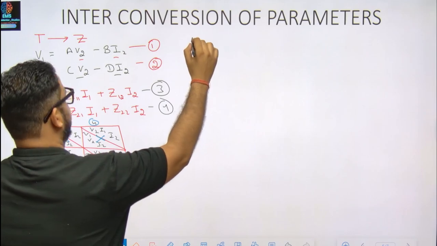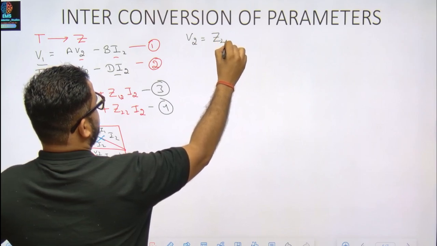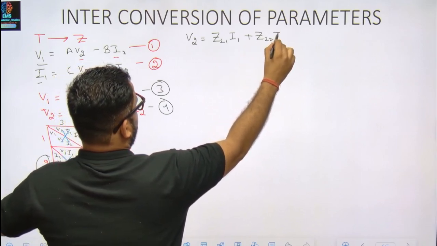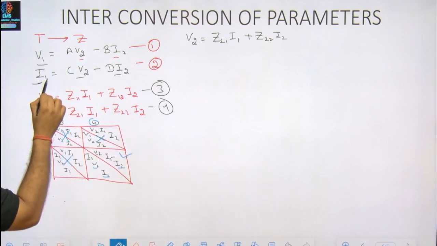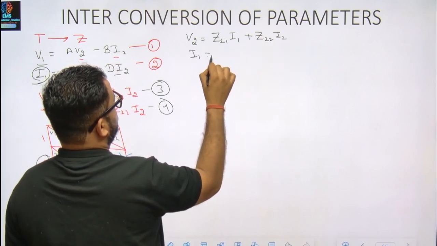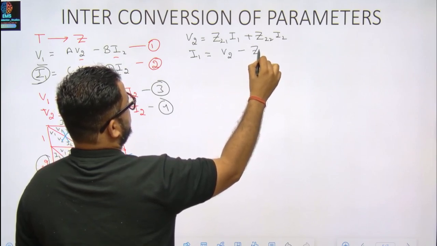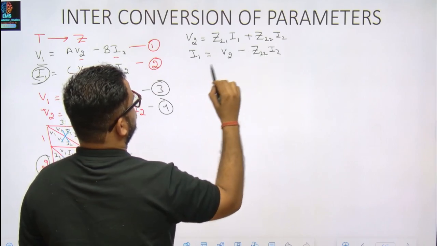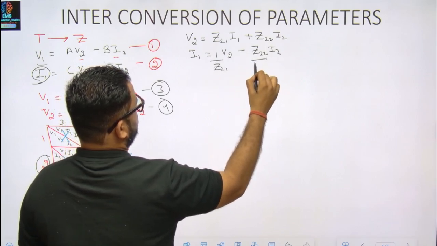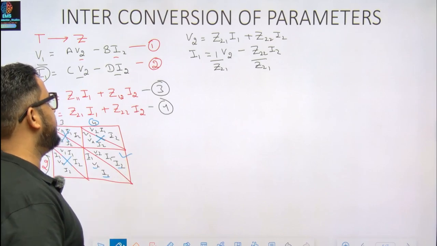So write down equation 4 over. So it is V2 is equals to Z21 I1 plus Z22 I2. अब इक्वेशन 2 को देखो, I1 की इक्वेशन है, put this whole equation in terms of I1. So I1 is equals to V2 minus Z22 I2 divided by Z21. ये मेरा I1 की इक्वेशन आ गई फ्रॉम इक्वेशन नंबर 2।